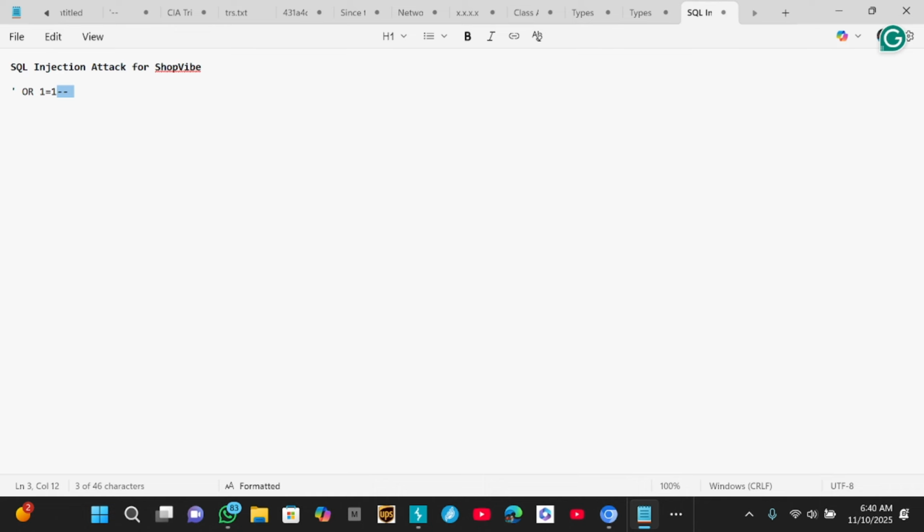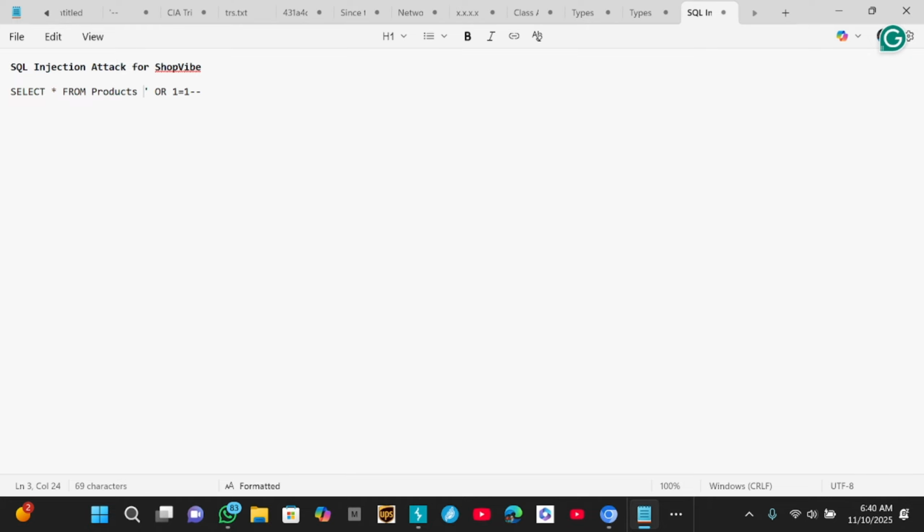And I'm making use of the comment sequence of double hyphen. The reason for that is because if we look at all the SQL databases we have, they have different kinds of comment sequences, but the one that is common across all of them is the double hyphen. So take a look at an instance where we are saying something like select all from products where